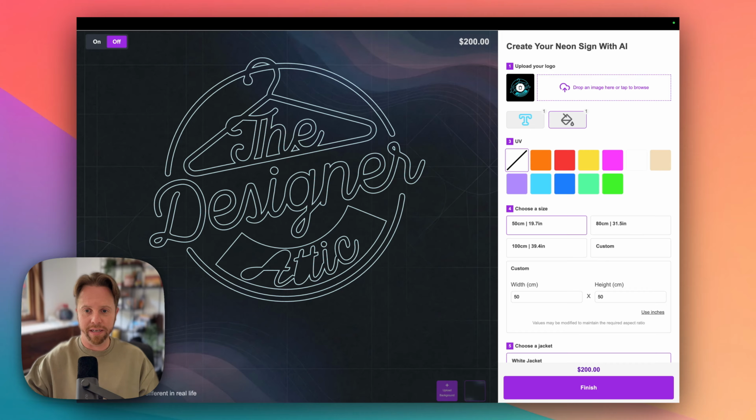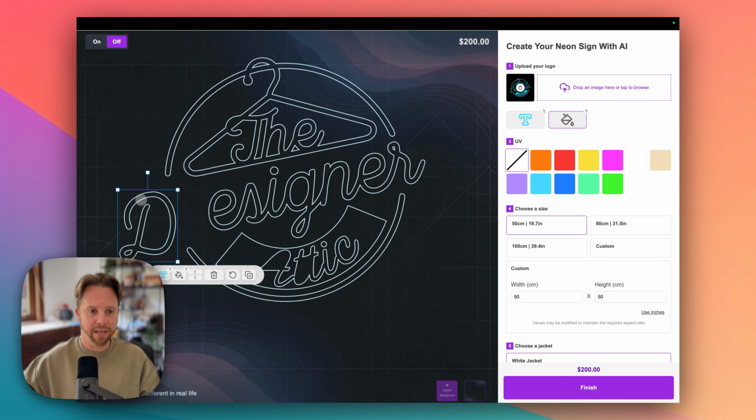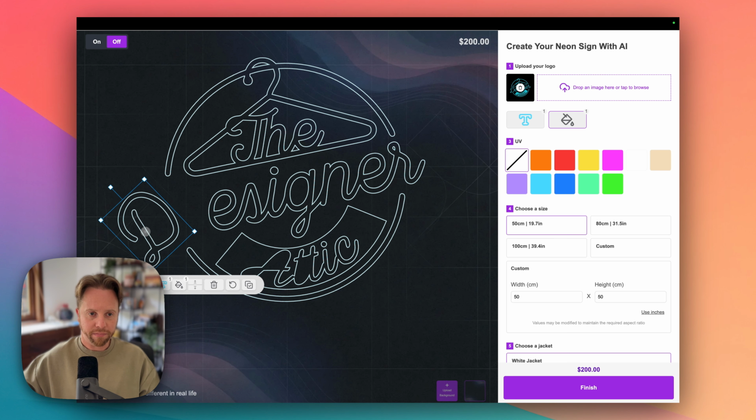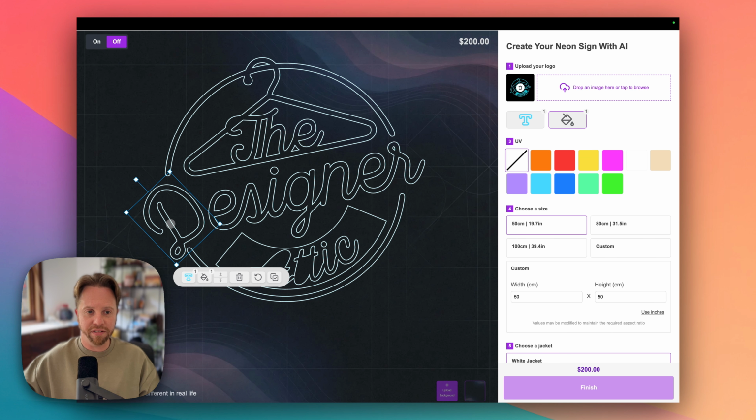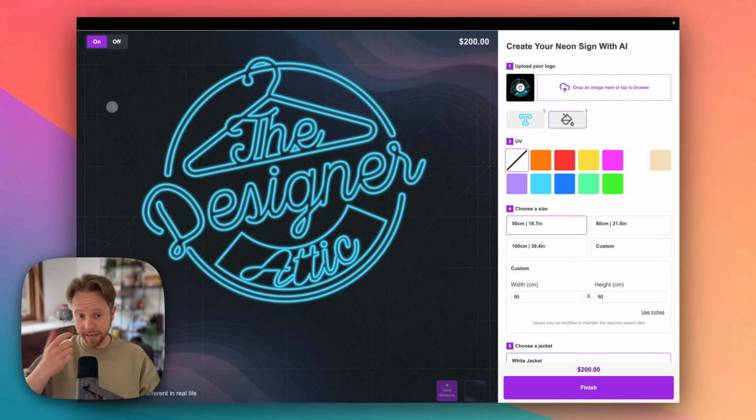basically lets the customer just go onto your website, upload their design, and play around with it. All these elements, they can drag and drop, they can change these, they can rotate them to be almost exactly what they want, and then they can literally just click finish and purchase. So this one